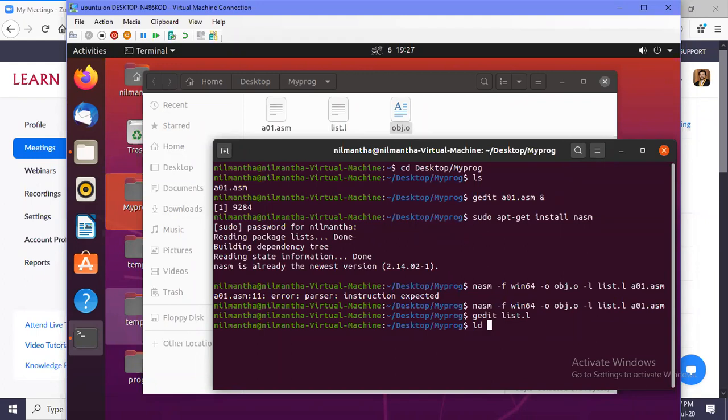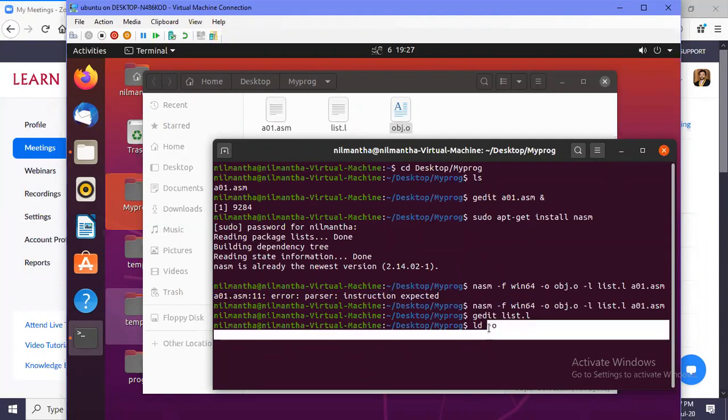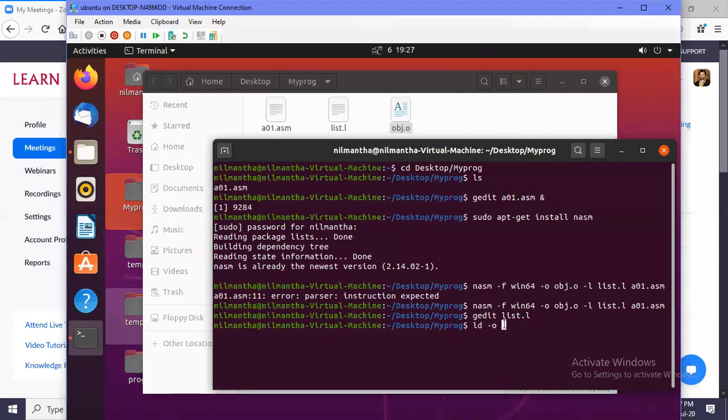What we are going to link to, the format, is also a type of object file, because it is also going to contain machine language instructions. Executable file is also a kind of object file.